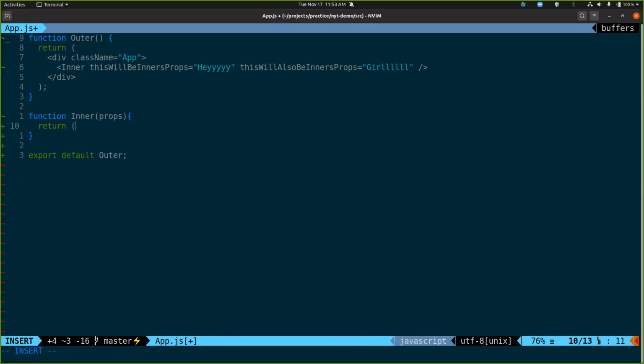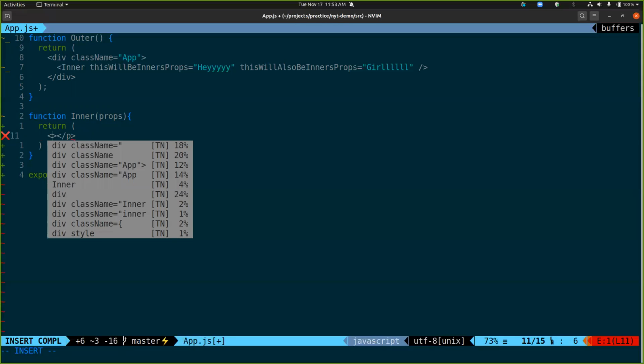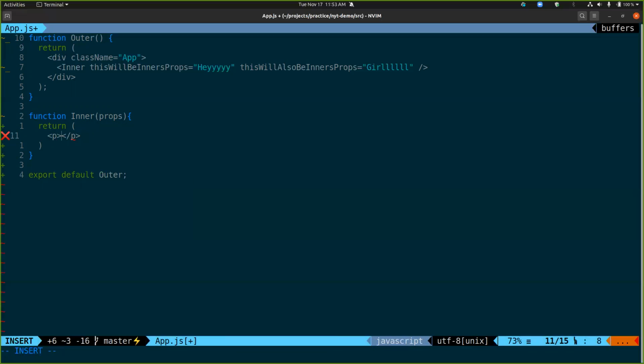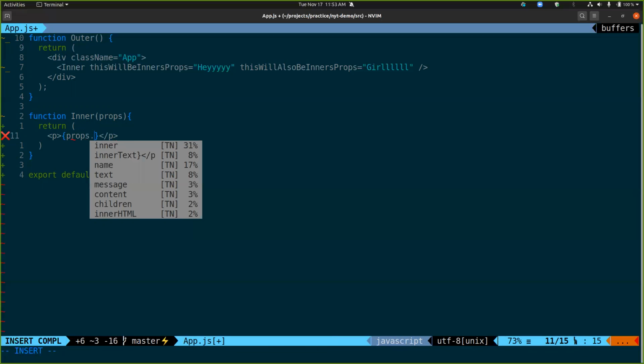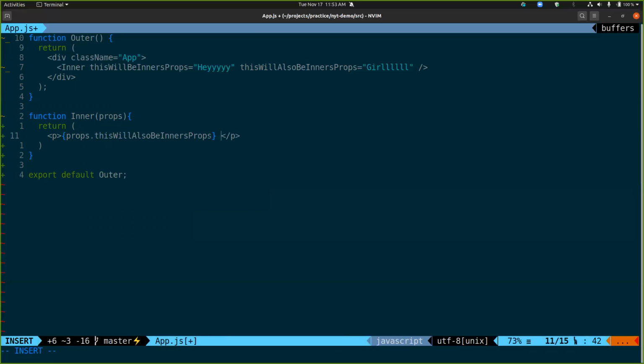Cool. So in this one, I'll do p tags. I could say something like props dot this will be inner props. Props. This will also be inner props. And then if I run this app,